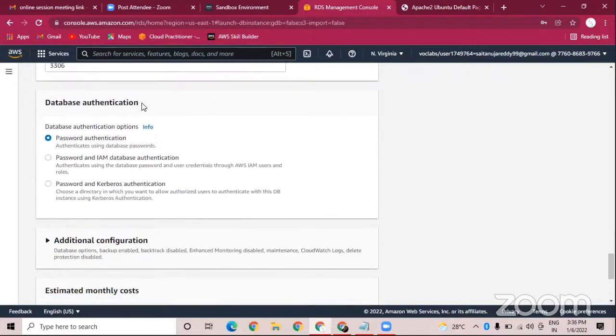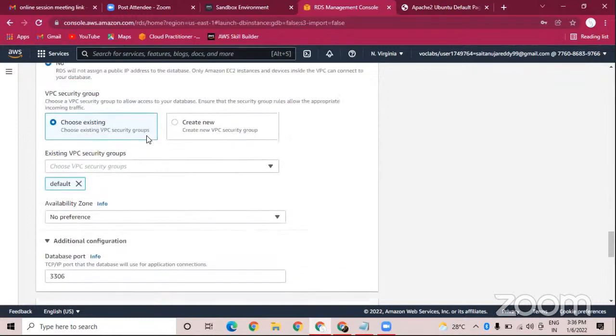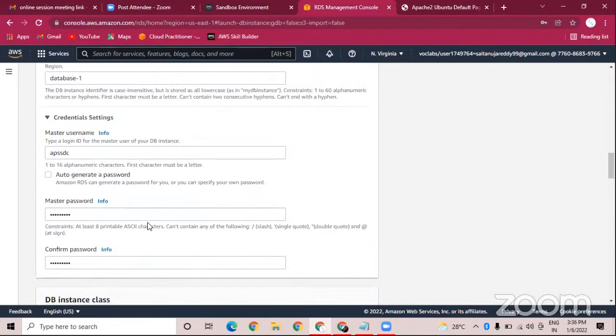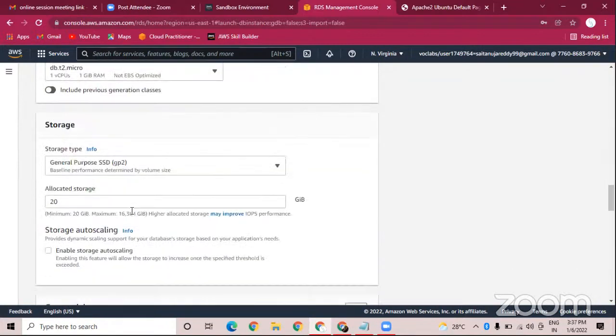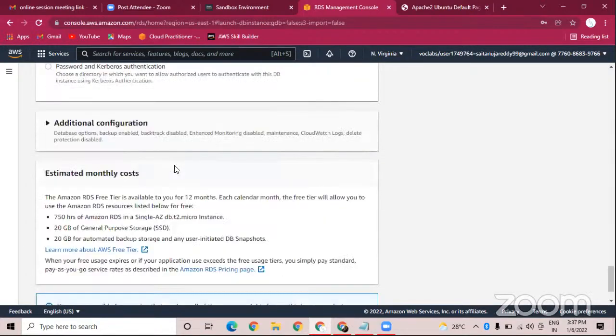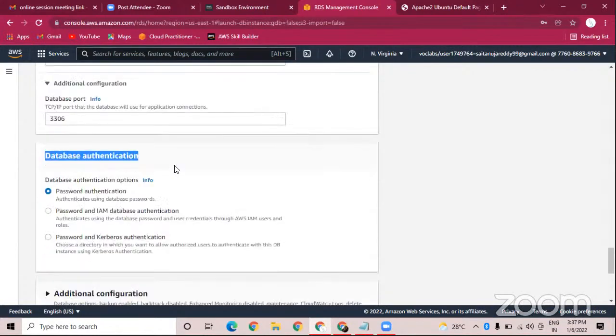And database authentication, so how you want to communicate with your database. So here we have three ways. One is password authentication, and password and IAM database authentication, and password and Kerberos authentication. So here, what we are using is only password authentication. That means whatever the username and password you have given for your database, using these password details, these login credentials, we are communicating with our database. So if you want to communicate through password and IAM,